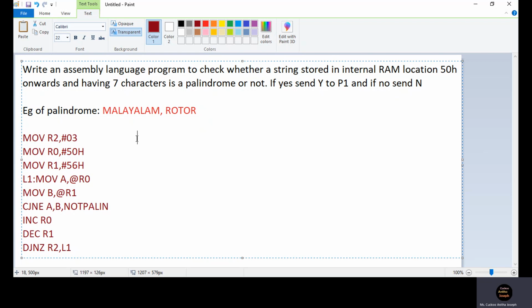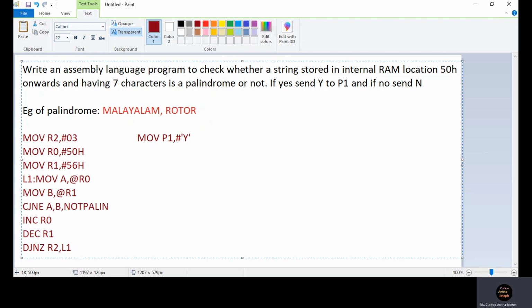When we reach this point, it means our string is a palindrome, so we should send Y to P1. And what is the instruction we should give to do that? MOV P1, an immediate value, and you have to give Y within single quotes so that the ASCII code of Y gets stored in P1.